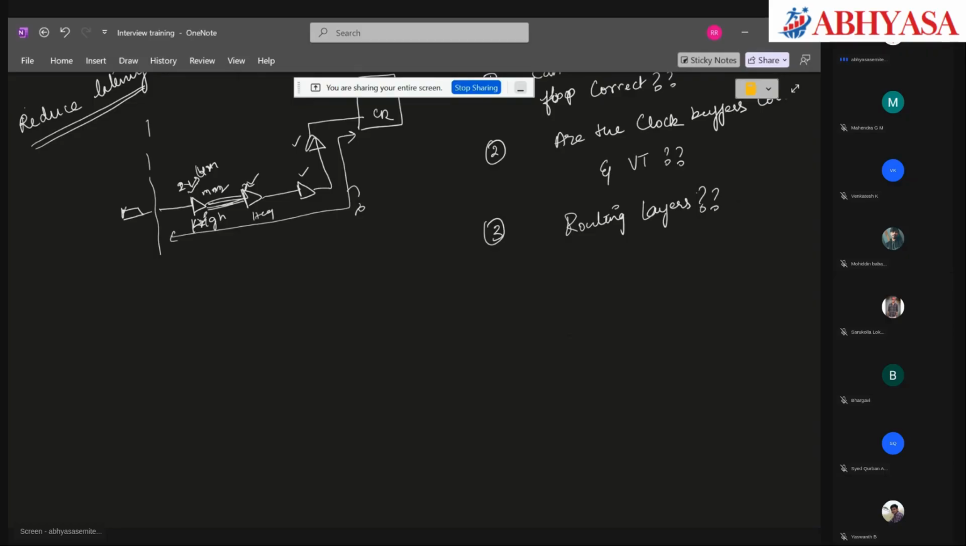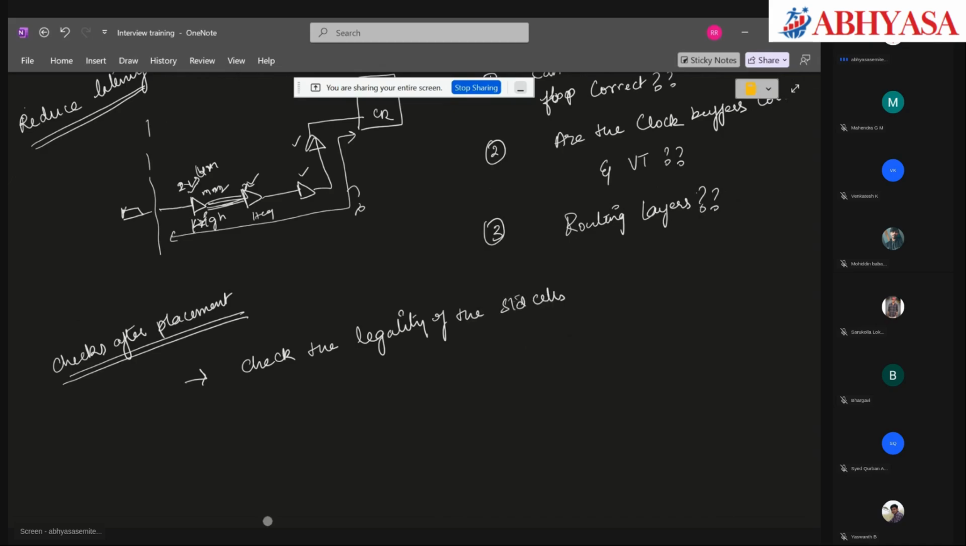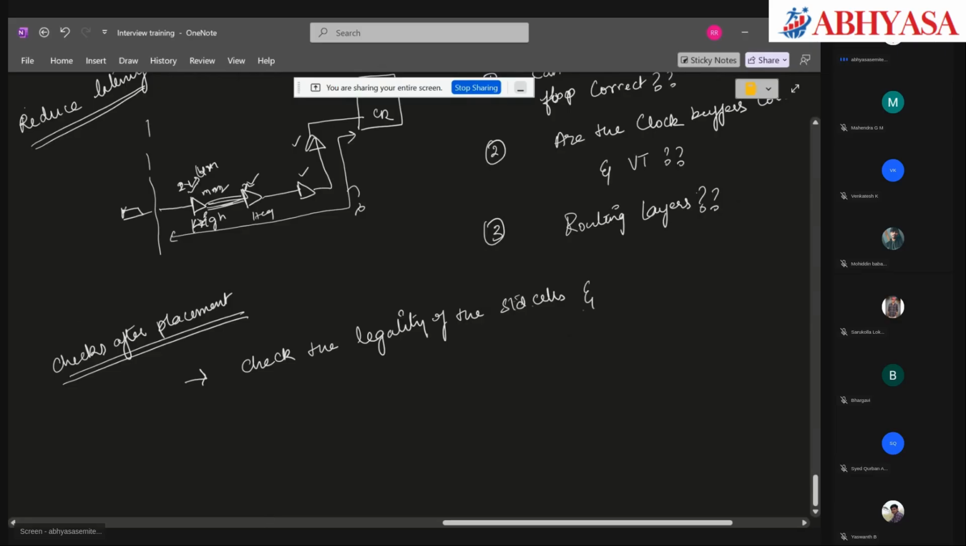What are the checks after placement? There you do check the legality. Either you can do it through check legality in ICC or check place in Innovus. Check legality. Then check for